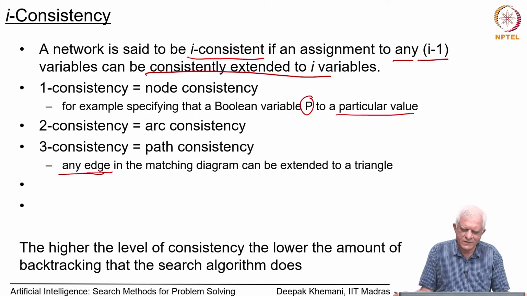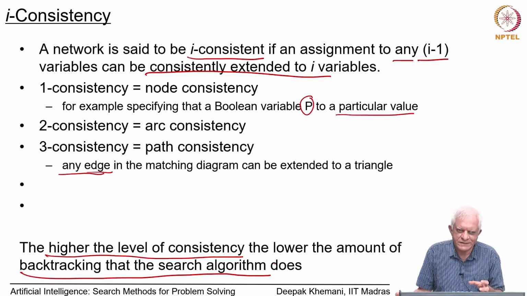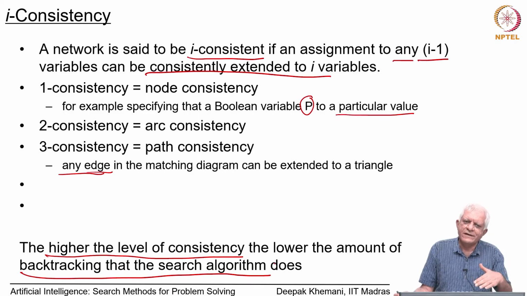And then there are higher orders of consistency, and it turns out that it depends upon the topology of the graph. As I said earlier, if the network is a tree network, then arc consistency will be enough. But if the network has more connections, so it's a more complex graph, then you need higher orders of consistency. And when we study this relation between consistency and how much search it does, it turns out that the higher the level of consistency, the lower the amount of backtracking that the search algorithm does. There is a certain amount of consistency that if you do, then the search will be backtrack free. What is the advantage of backtrack free? You will just end up taking those variables in one by one, and you will find the solution. You will never have to backtrack essentially. So, you have done enough pruning,